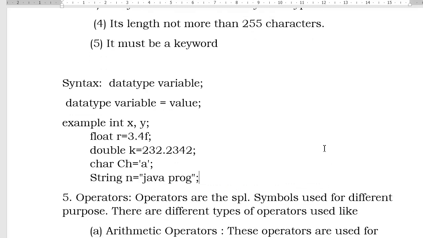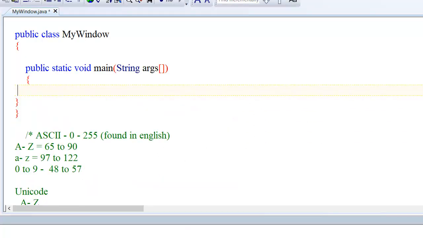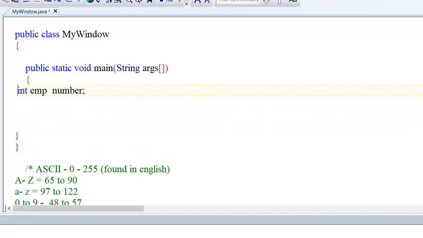So keep in mind while declaring a variable. Let's say you are going to represent employee number. So what will you do? int emp space number. It is a wrong declaration because there is a space.